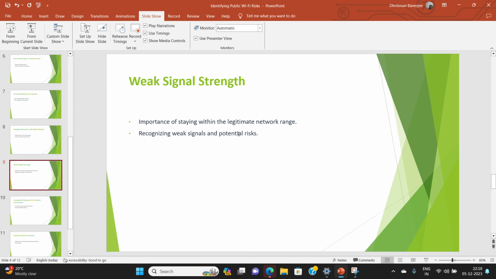Unexpected certificate warnings are also very important. If your device displays unexpected SSL or TLS certificate warnings when browsing, it could indicate a man in the middle attack, so always be very cautious. If you observe this type of error, I think you may be a victim of a man in the middle attack.